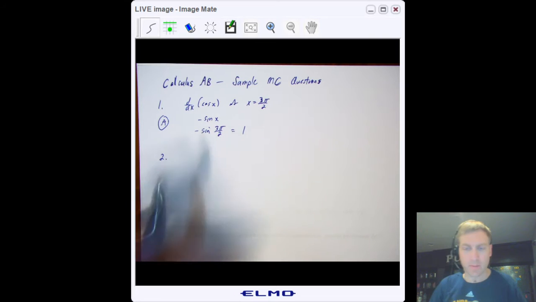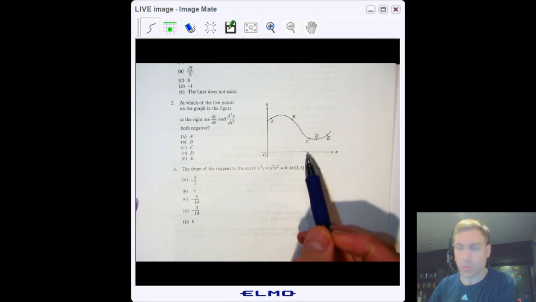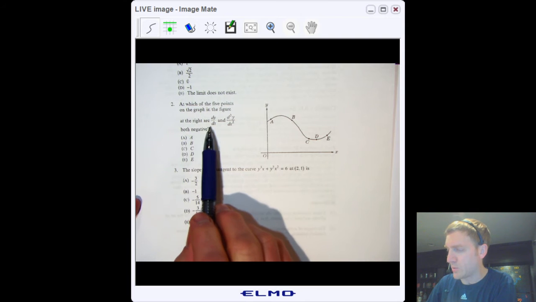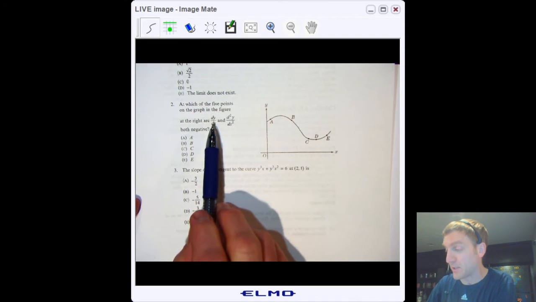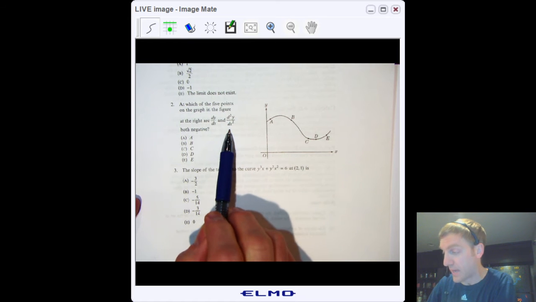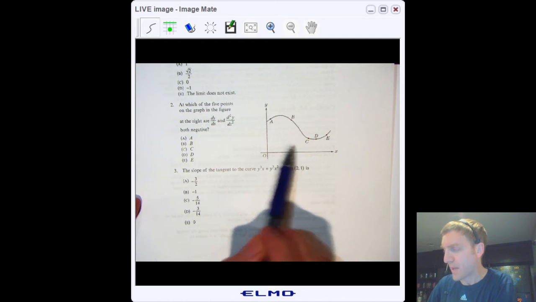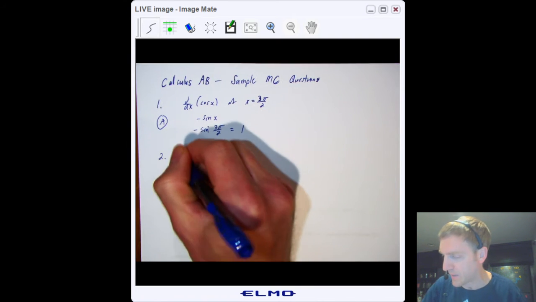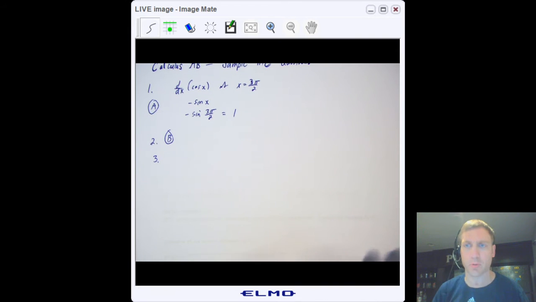All right, number 2, most everybody got this, so let me just go real quick. We want the first derivative and second derivative to both be negative, meaning we want the function to be decreasing and concave down, right? First derivative is increasing, decreasing, second derivative is concavity. So where in the graph is a function both decreasing and concave down, and that is B. All right, number 3,